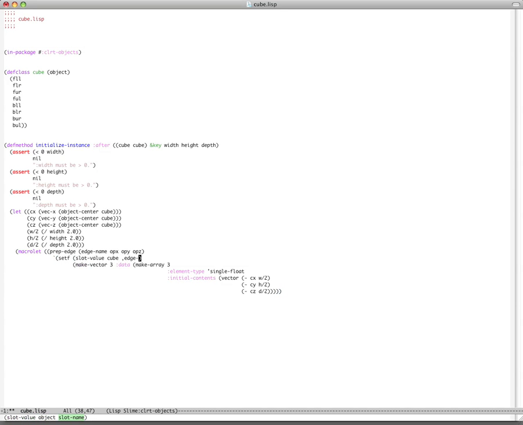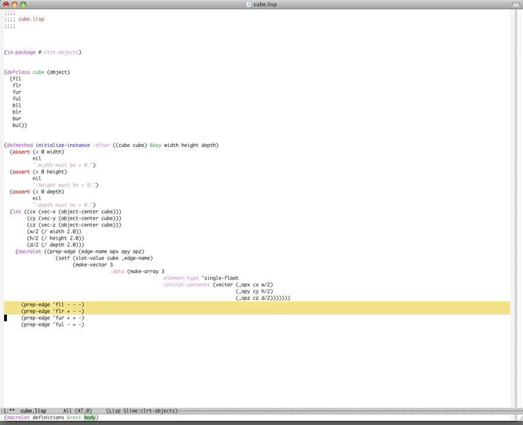The only difference: now here we need the edge name, and instead of the minus, we need the operator x, the operator y, and the operator z. Okay. Let's see if we can reformat the code at least a little bit. Anyways, here we have our macro, and now it's just a matter of using it. Prep edge, front lower left, and as we had it, minus, minus, minus. Then prep edge, front lower right, this is plus, minus, minus. Prep edge, front upper right, plus, plus, minus, and prep edge, front upper left, this is minus, plus, minus. Now for the backside we can just copy it and